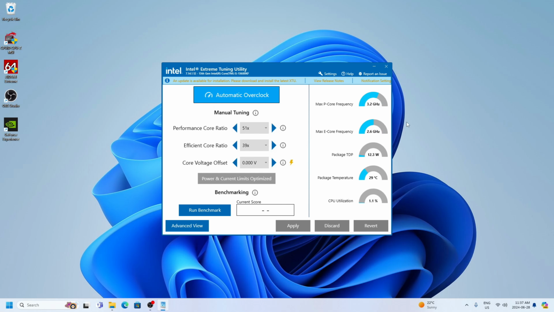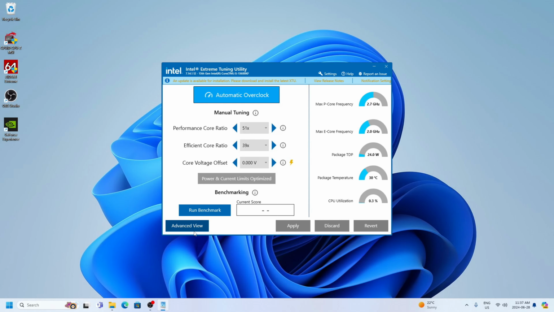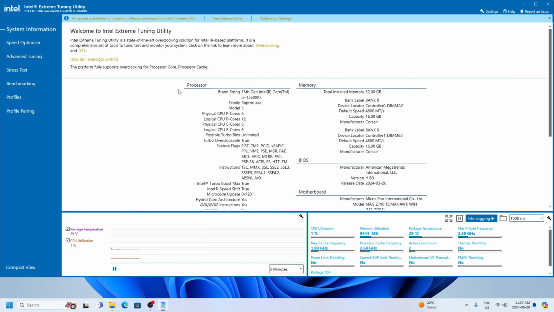All right, I want to go back. I'm just going to do this one more time. Let's see if I can go back here. I'm going to bring that open one more time. Here, let's go with advanced view maybe. So in the advanced view, you've got a lot more information here. CPU utilization, memory, package temperatures, your CPUs, your E-cores, your P-cores, all that. I think it's called P-cores, but your different cores, there's efficiency and performance, I believe it is. I'm not really sure. Like I say, I'm pretty new to Intel,